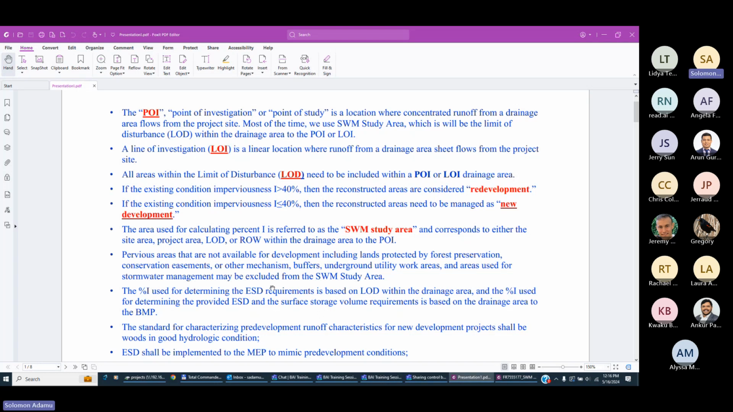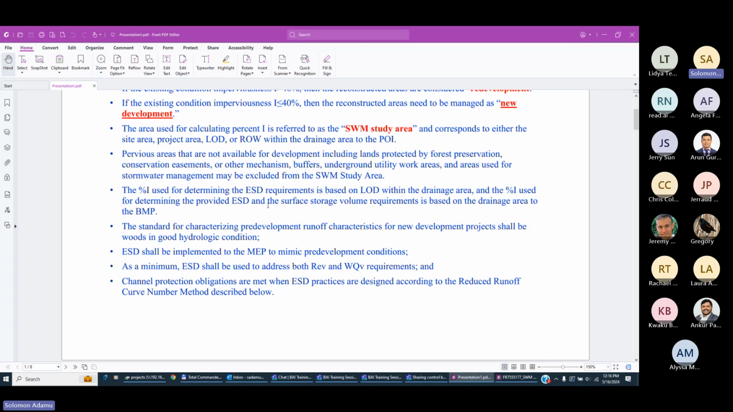And then, before I go to the next, the percent impervious area used to determine the ESD requirement is based on the LOD within the drainage area. And the percent used to determine the provided ESD and the storage volume requirement is based on the drainage area to the BMP. That means